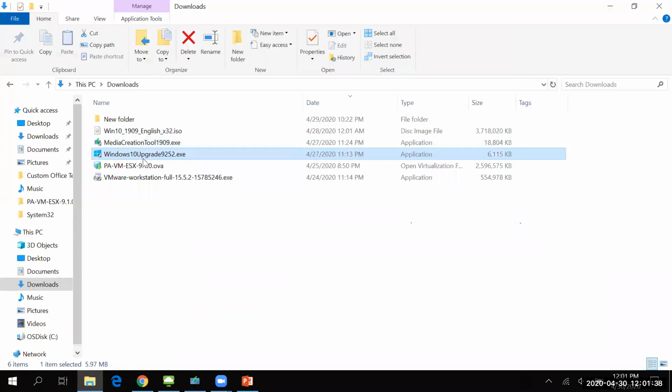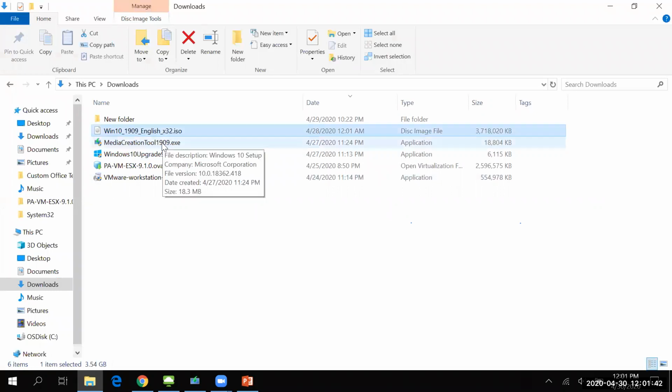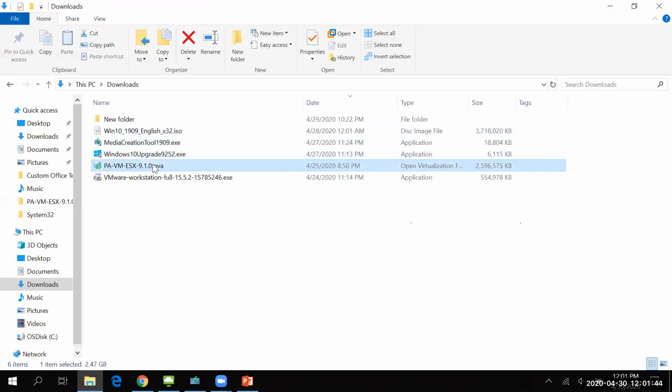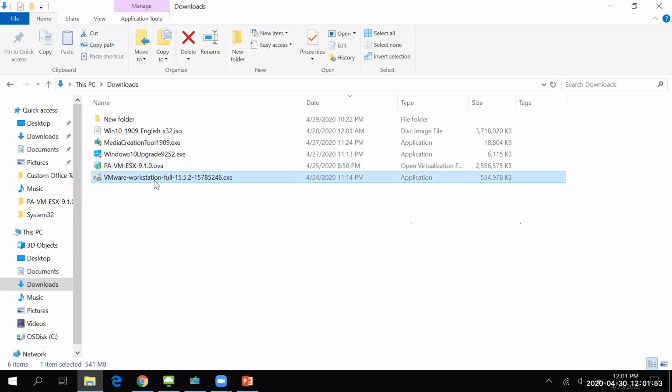Side by side, I'll show you that we have a Windows file which I've already downloaded, Windows 10 file. I've already downloaded the Pan image 9.1.0, which is around 2.47 GB, and I've already got a workstation. So I've downloaded the latest one, 15.5.2. It is a 30-day trial period edition, okay, which VMware is providing.